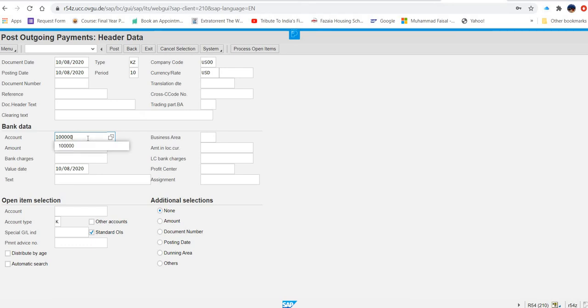Then 6,400 is what we are going to pay. That will be the amount. Why? Remember, there are two payments of 3,200, 3,200.